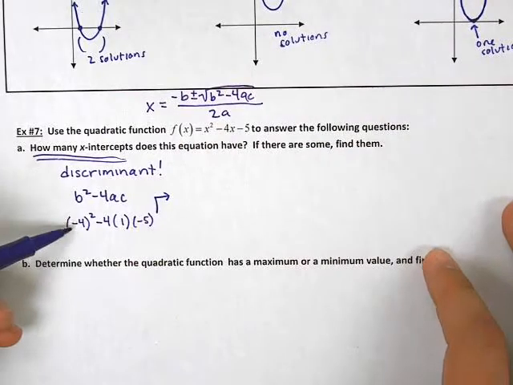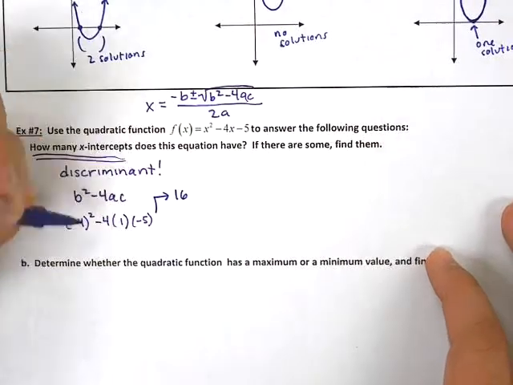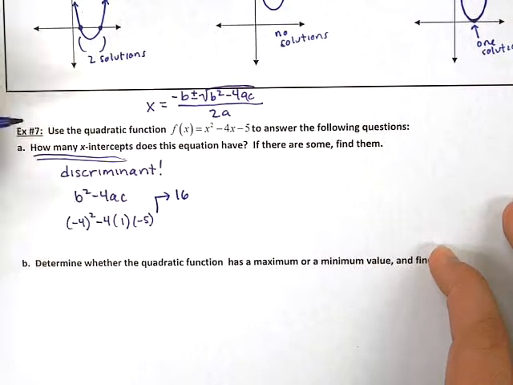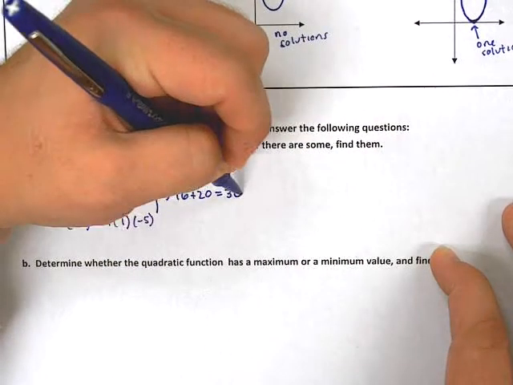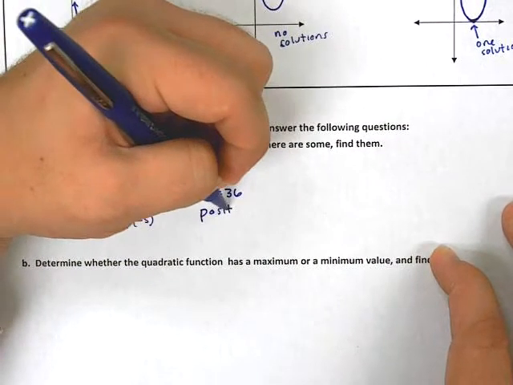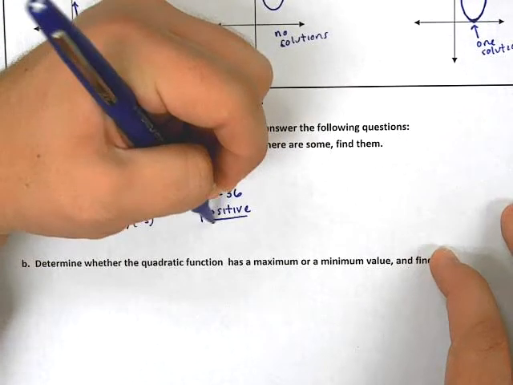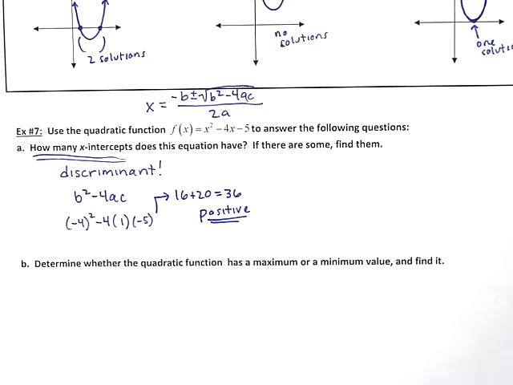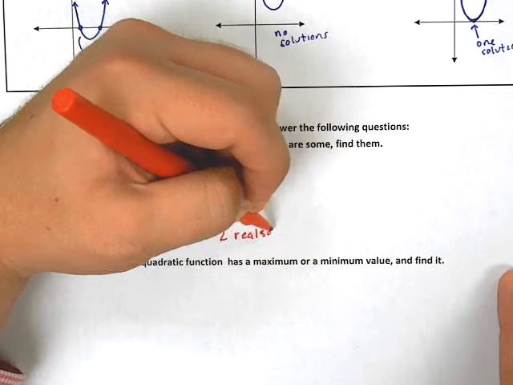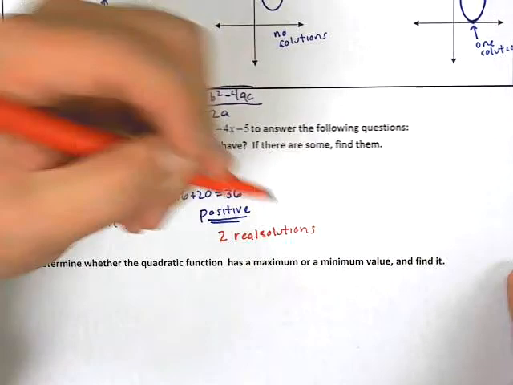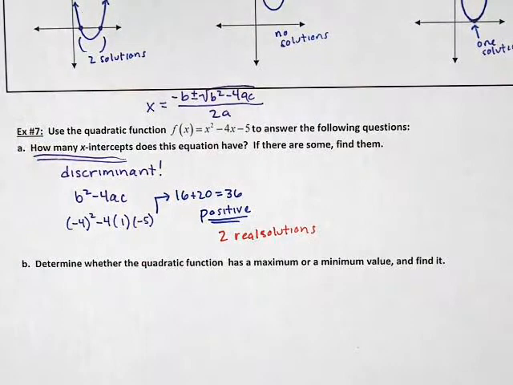Negative 4 squared is 16. Negative 4 times negative 5 is positive 20. Plus 20, this is 36. This is positive, and that's all I really care about right now. This is positive, which means we have two real solutions. Okay, two real solutions. Now what we're going to try and do is see if we can